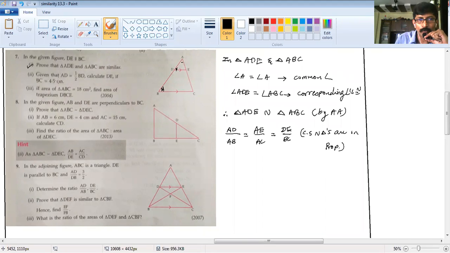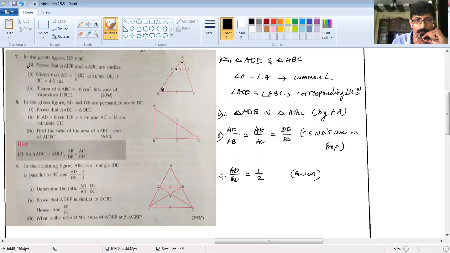And now what we have to prove? See, AD upon BD. So it's given that AD upon BD is equal to, look at this, what I'm just doing is shifting this BD to the other side. So AD upon BD will be equal to 1 upon 2. This is given to us, isn't it? Did you notice, students, when I'm writing the geometry proofs, for every statement I'm writing the given and reason. If possible, try to number it so that you can write it down from number 1, number 2, or from number 3, or from number 4.